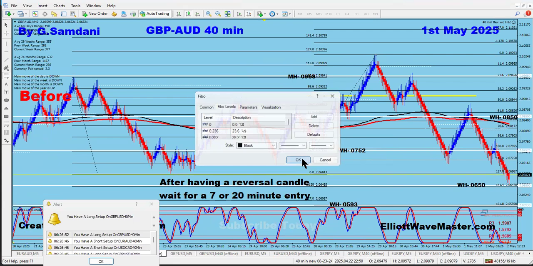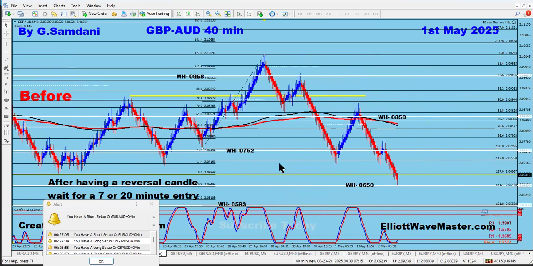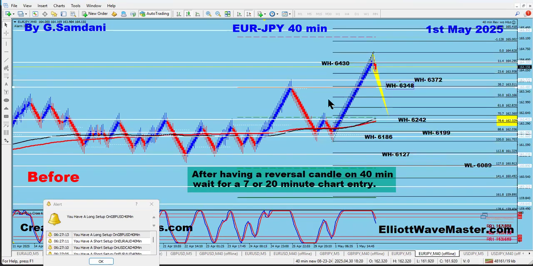So look, the first pullback over there was a retracement, 78, then again retracement 23, then it went up, boom, boom, boom, 127. Hit that. That's exactly the same thing. That's pound Aussie, right? But that's exactly the same thing that is going to happen in euro here. Might be. I'm not saying it's guaranteed, right?